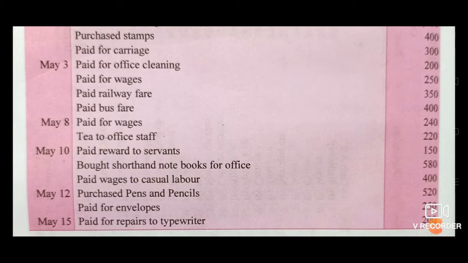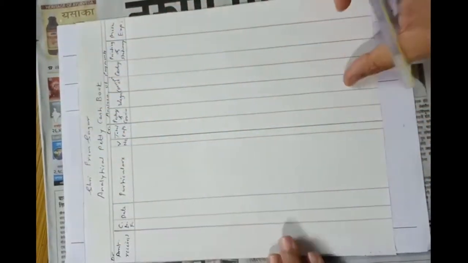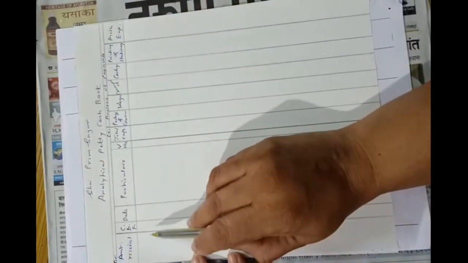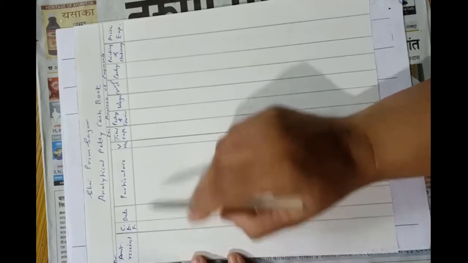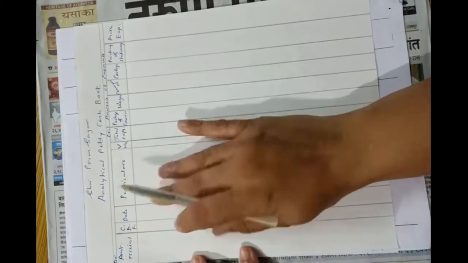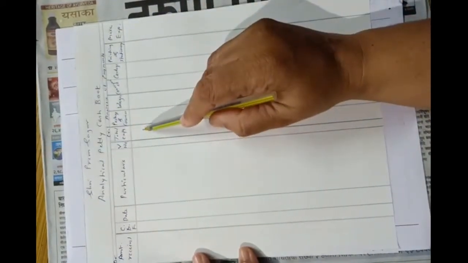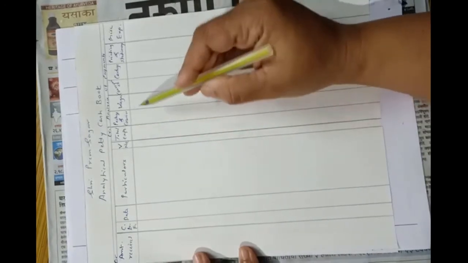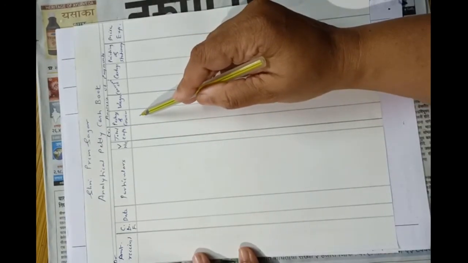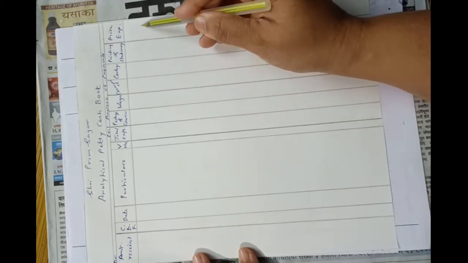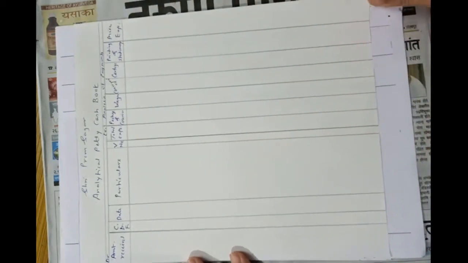Okay, so now let's prepare the petty cash book of Shri Prem Sagar. So I have prepared the columns. Amount received and cash book folio on the debit side. Date and particulars columns are common. Voucher number and analysis of payments columns. First column is of total expenses, that is total payments, and then postage and courier charges, wages, conveyance, cartage, printing and stationery, and miscellaneous expenses. Okay, so let's start now.